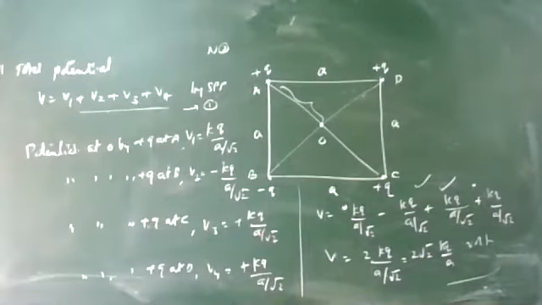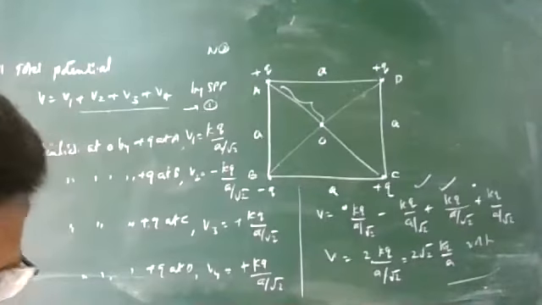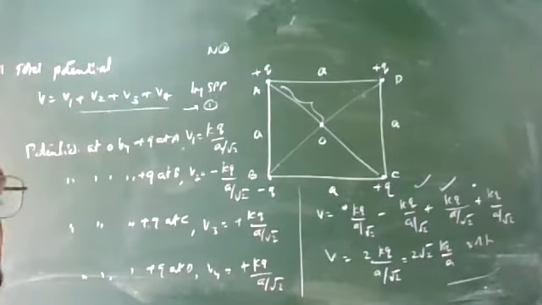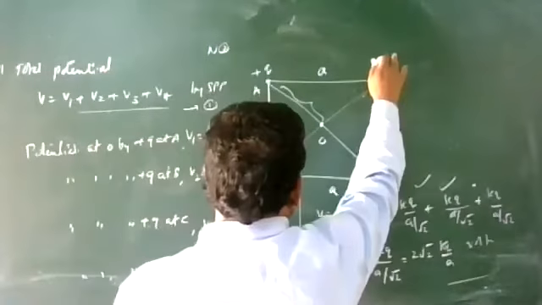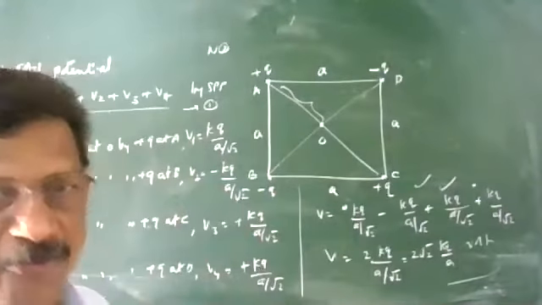Anyone? Any problem with this? No, sir. Okay. So this was a good question. And from this, if you want, you can change and give one more part in this just to recognize. Same diagram will be there. So that will act as numerical number 3. If I am going to change the charge at D as minus Q, you have to tell me what will be the value of potential at O. Just now at D plus Q charge is there. So I am going to replace it by minus Q charge. Then what will be there? What is the potential at center now?